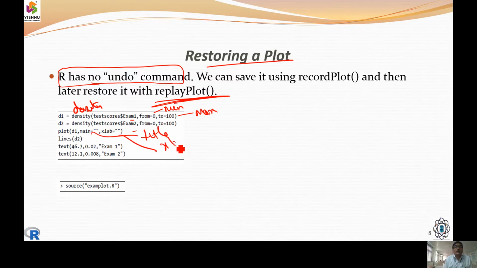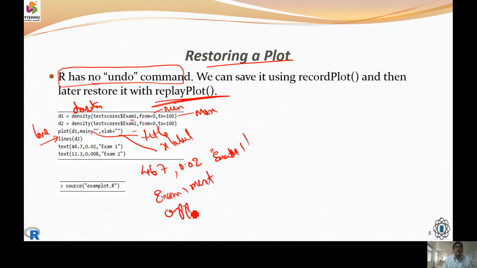Xlab is defining the X label value. And then we need to print the lines here. I am going to call it 46.7 over 0.02 and exam 1. We will assume that exam 1 must appear at x equals 46.7 and y equals 0.02.